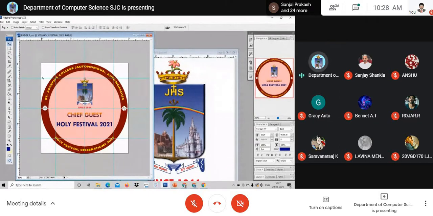They will tile it in the printable shape, and you have to tell them that it has to be printed in sticker media, so that you can strip it off and paste it in the center portion of the badge. You can paste this. Am I clear to you? In the center portion of the badge to be used for the programs, you can paste it. Right? It is to be printed in sticker media. Keep that in your mind.